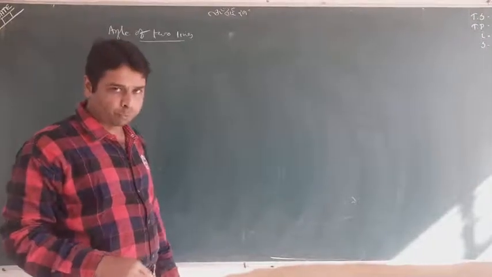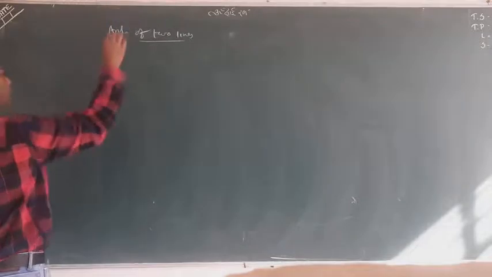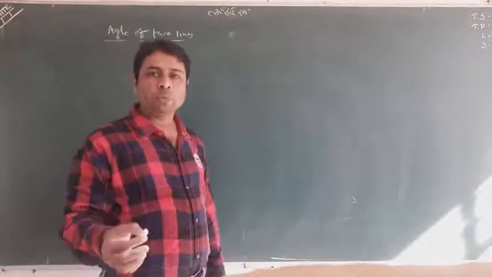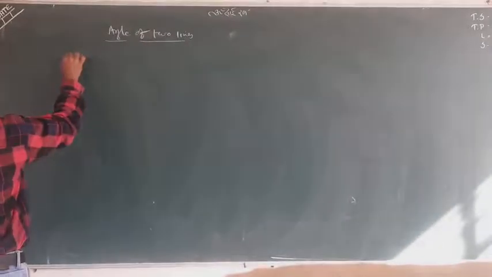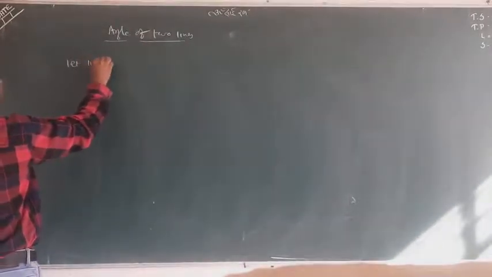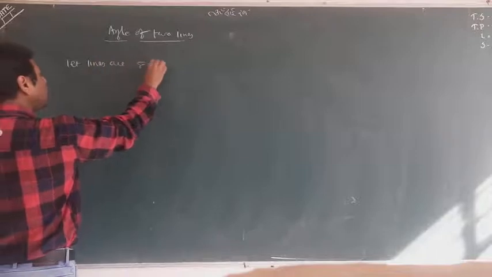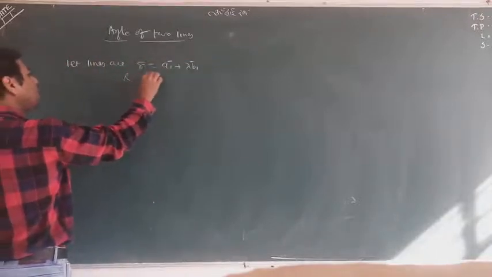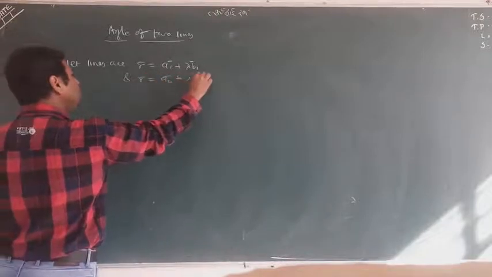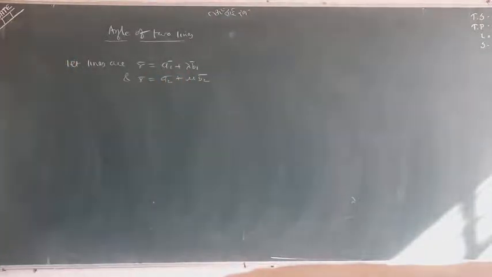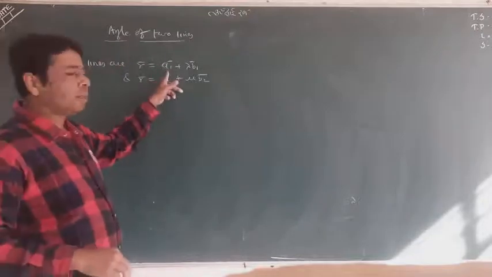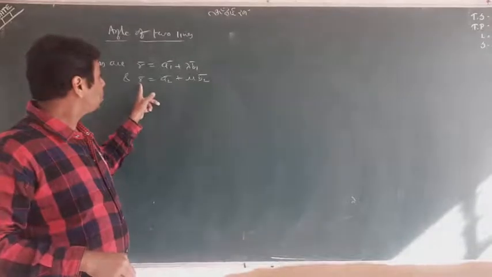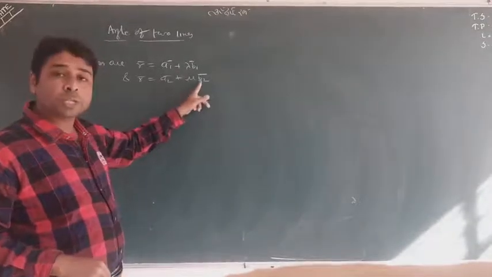First I will tell you the vector form. Look, I tell you, it's very easy. We have two lines. Definitely, for the angle between two lines, we need two lines. First I take the lines as r = a1 + λb1 and r = a2 + μb2. One can understand that a1 is the point through which the first line passes, and b1 is a ratio vector. The same for r = a2 + μb2, where b2 is a ratio vector.